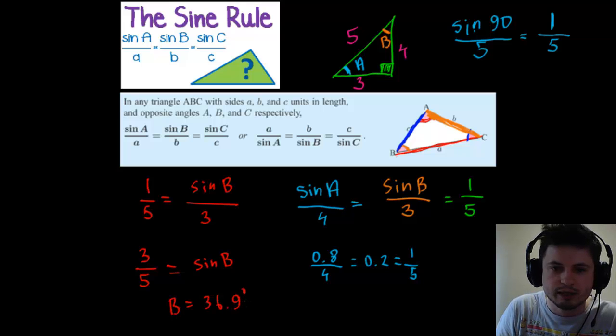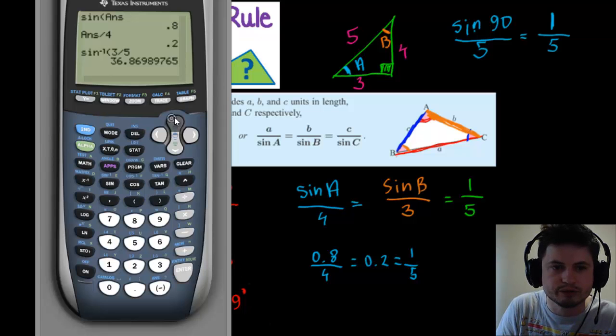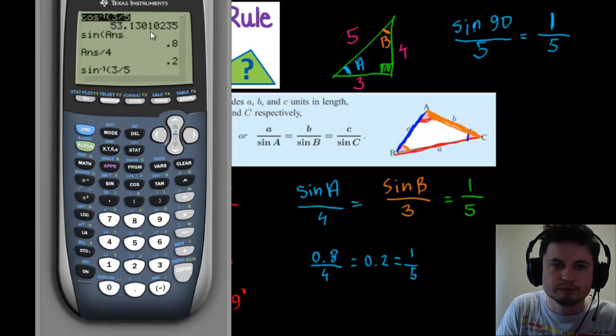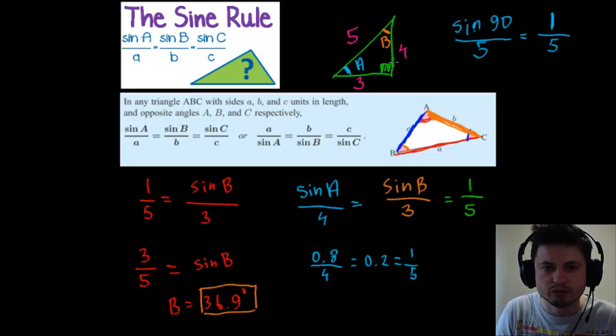So this will give us B as 36.9 degrees. Now, does this make sense? Well, we found that the other angle was 53.1. So if you add them together, it should give you 90. 53.1 plus 36.9 is exactly 90 degrees. So it does make sense. So this is actually what the angle is for the other angle of this so-called Egyptian triangle or Pythagorean